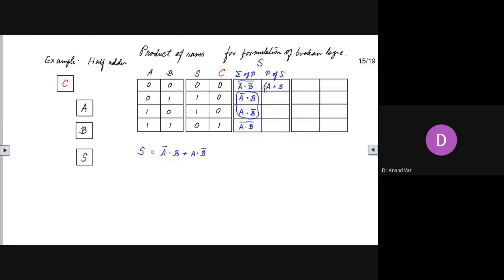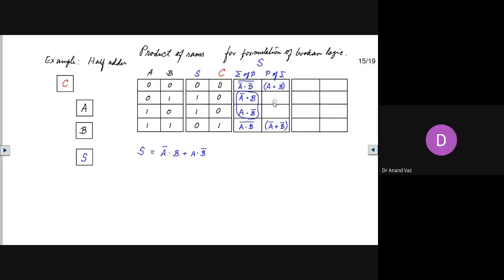So this will give us a 0. Now, just this 0 is not sufficient. We also should have this 0. That means we should have not A or not B. This should also be another sum that should be valid at the same time. Only then both of these will be 0 at the same time. All the others will be 1.